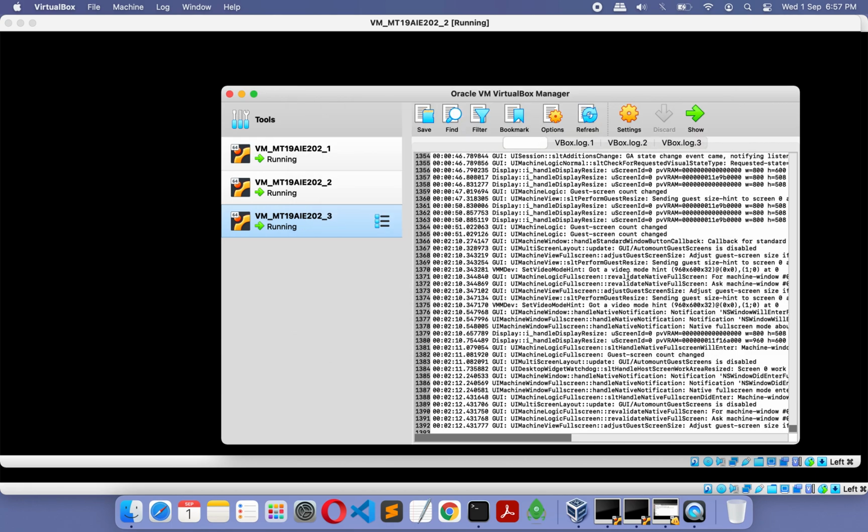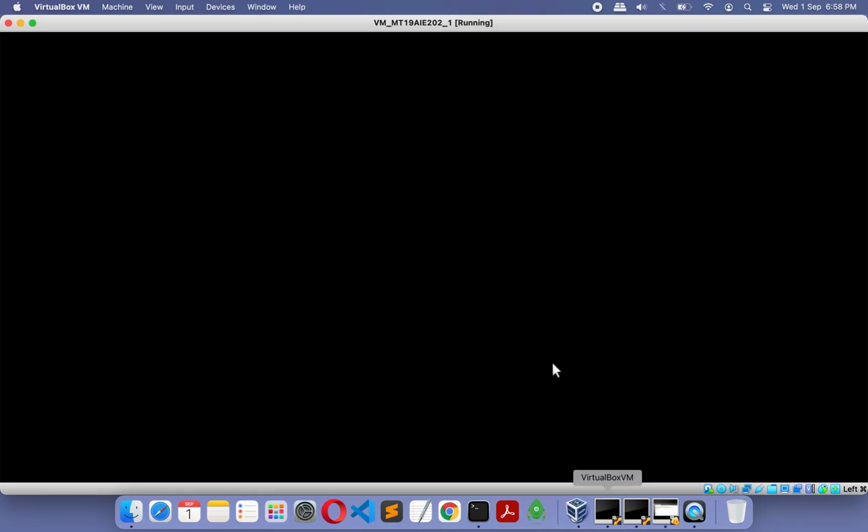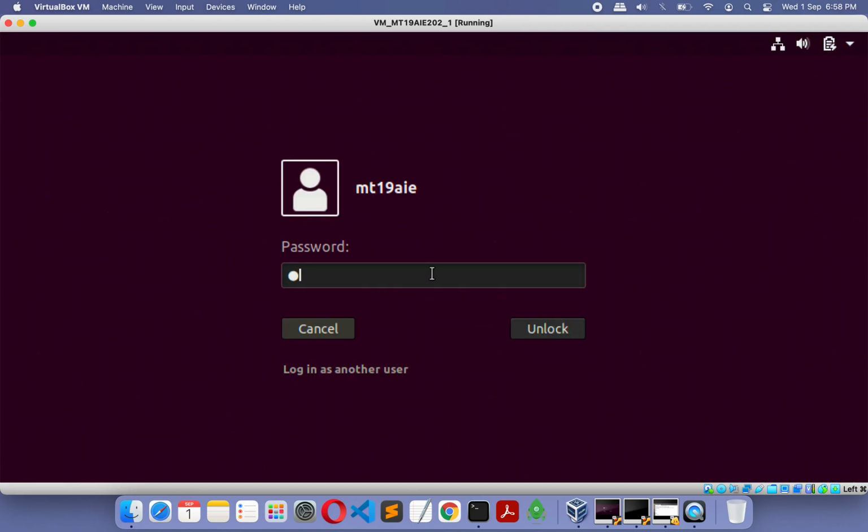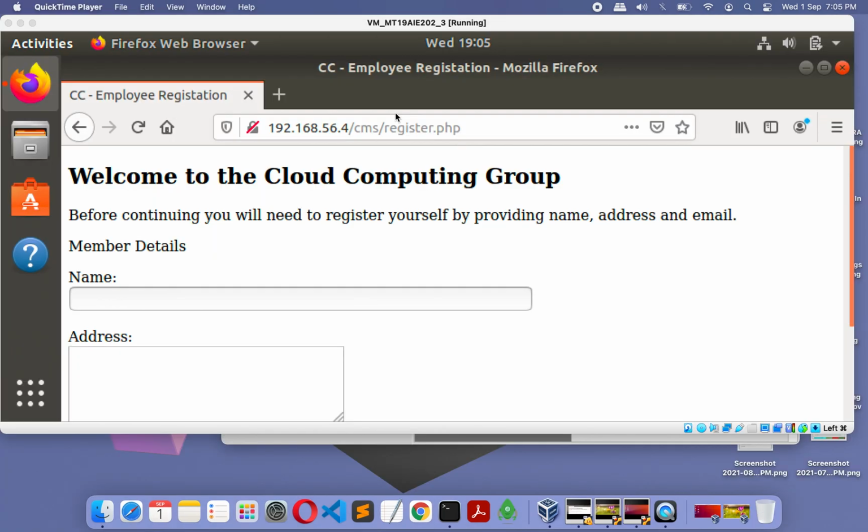Host only adapter. We'll go to every box, I mean box one and box three, guest box one and guest box three, and see if we are able to access the web application. So these are running. I'm logging into the account. This is the third guest machine that we are seeing on the screen. Let us run it in full screen mode.